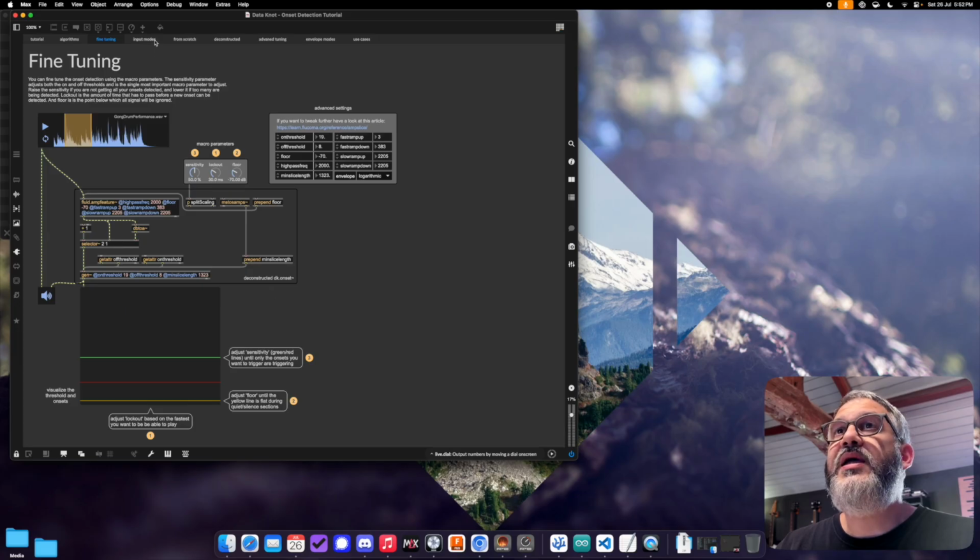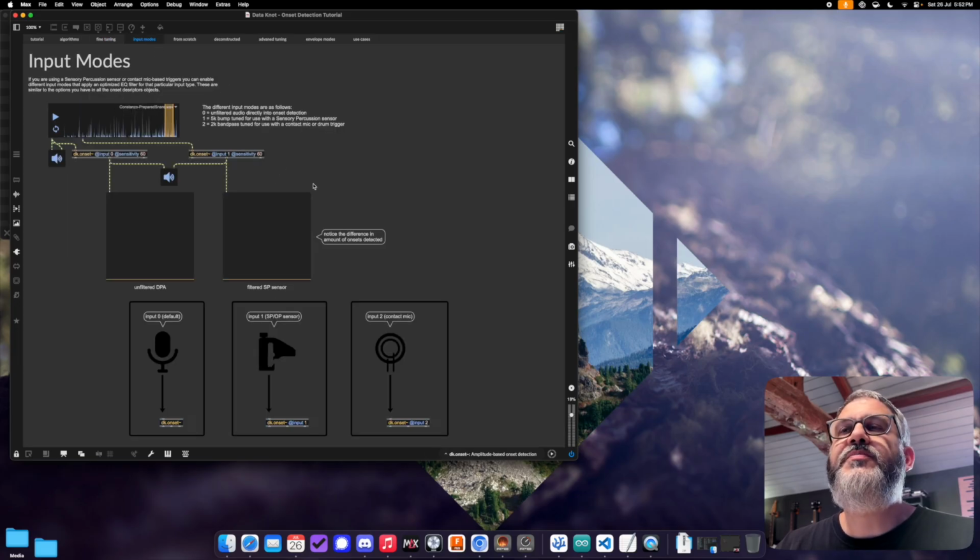Up next, we have different input modes. The input modes help you optimize things depending on the type of microphone input that you have. If you have a normal air microphone, you'll just leave it at the default, which is input 0. If you have something like a sensor percussion sensor or a 3D printed one, you can use input 1. And then finally input 2 if you have something like a contact mic or a drum trigger or something along